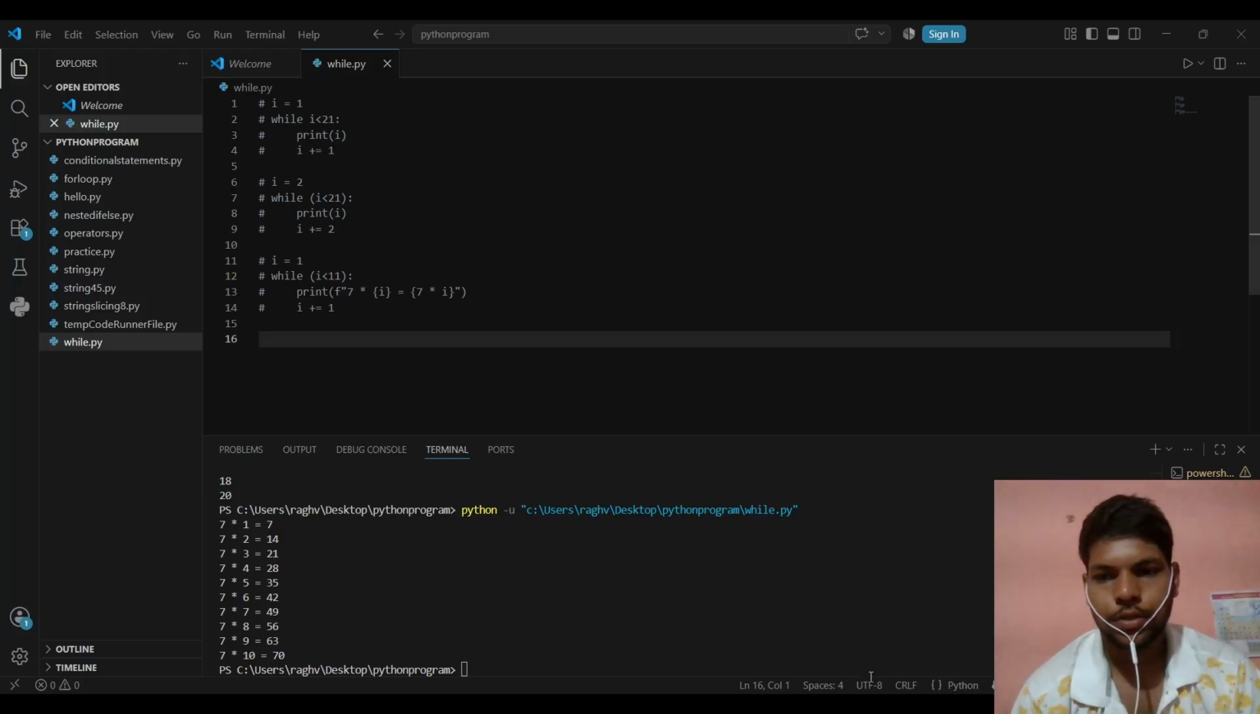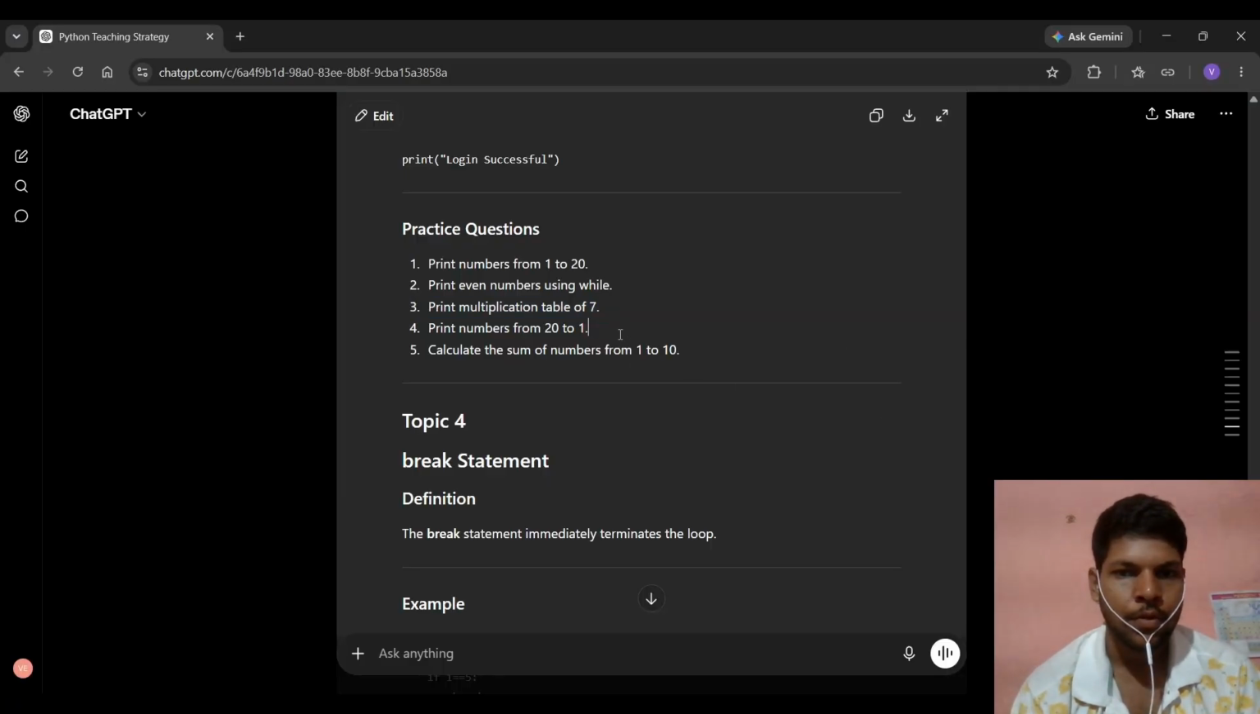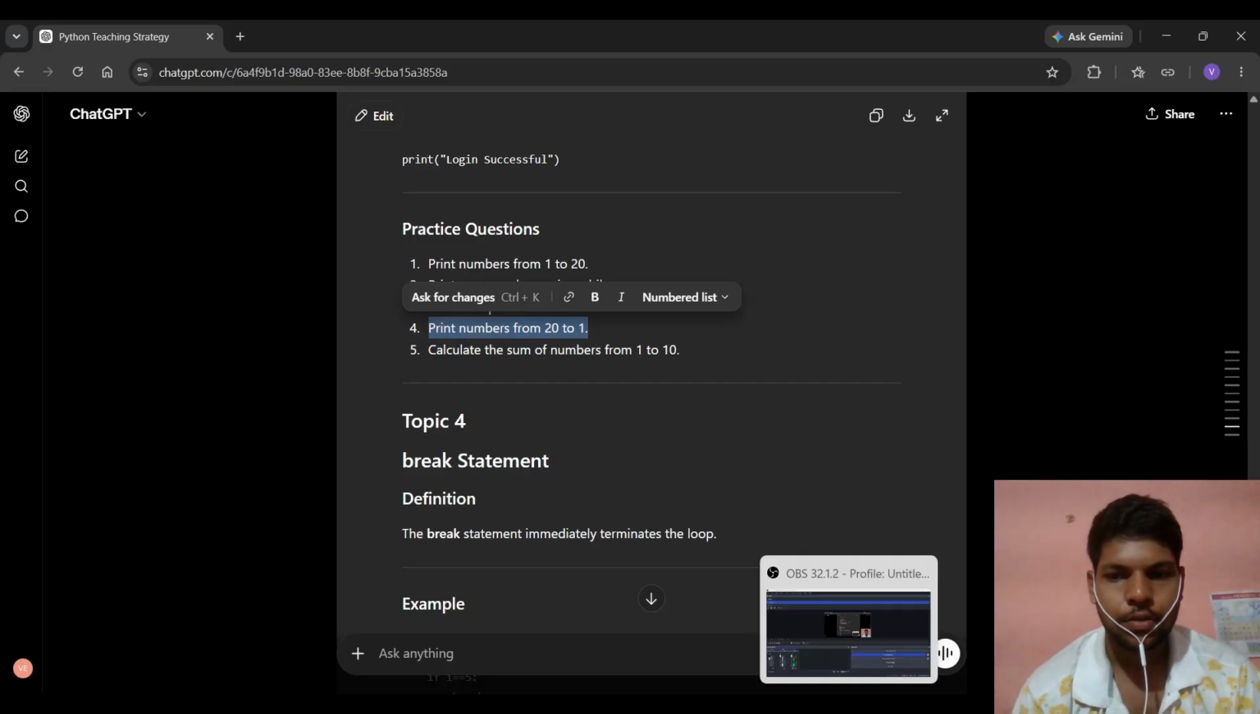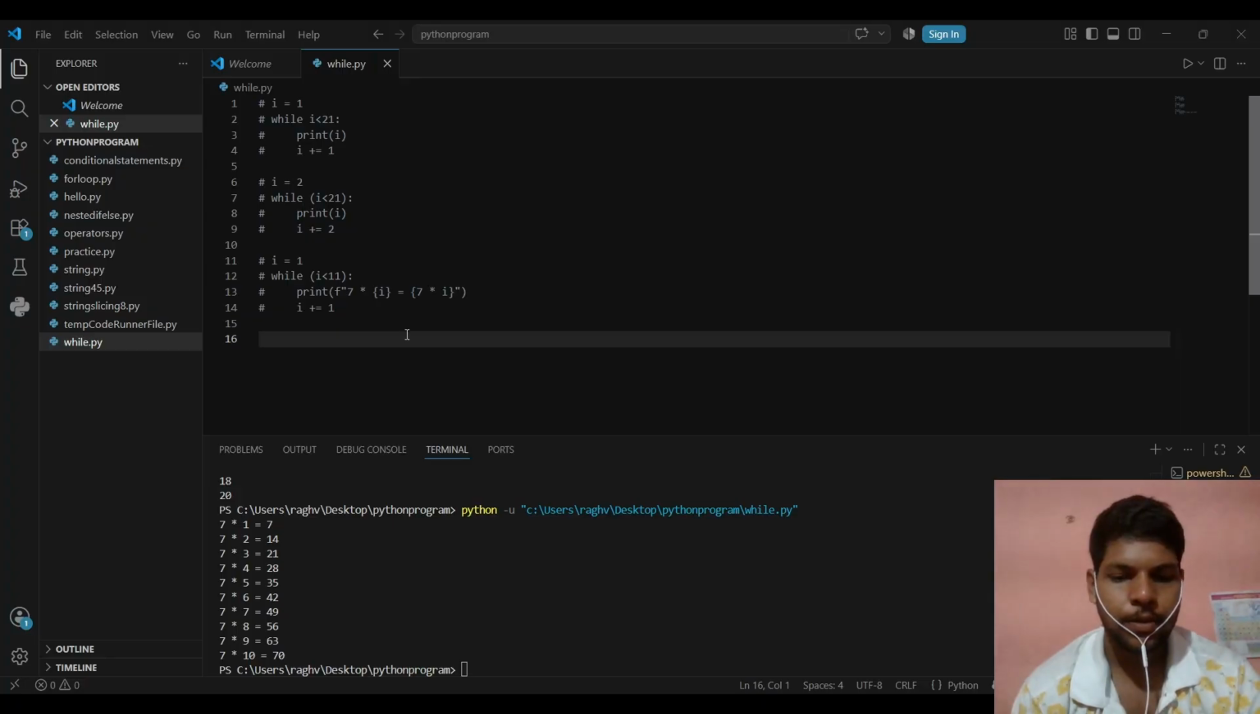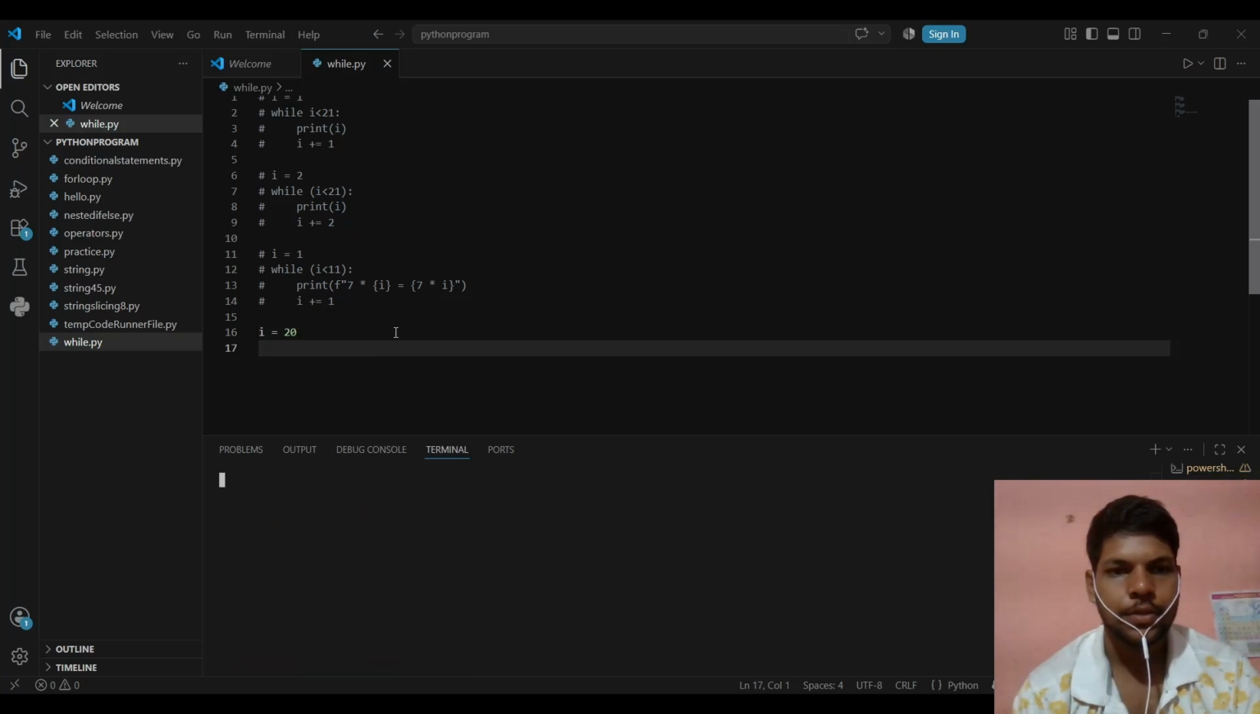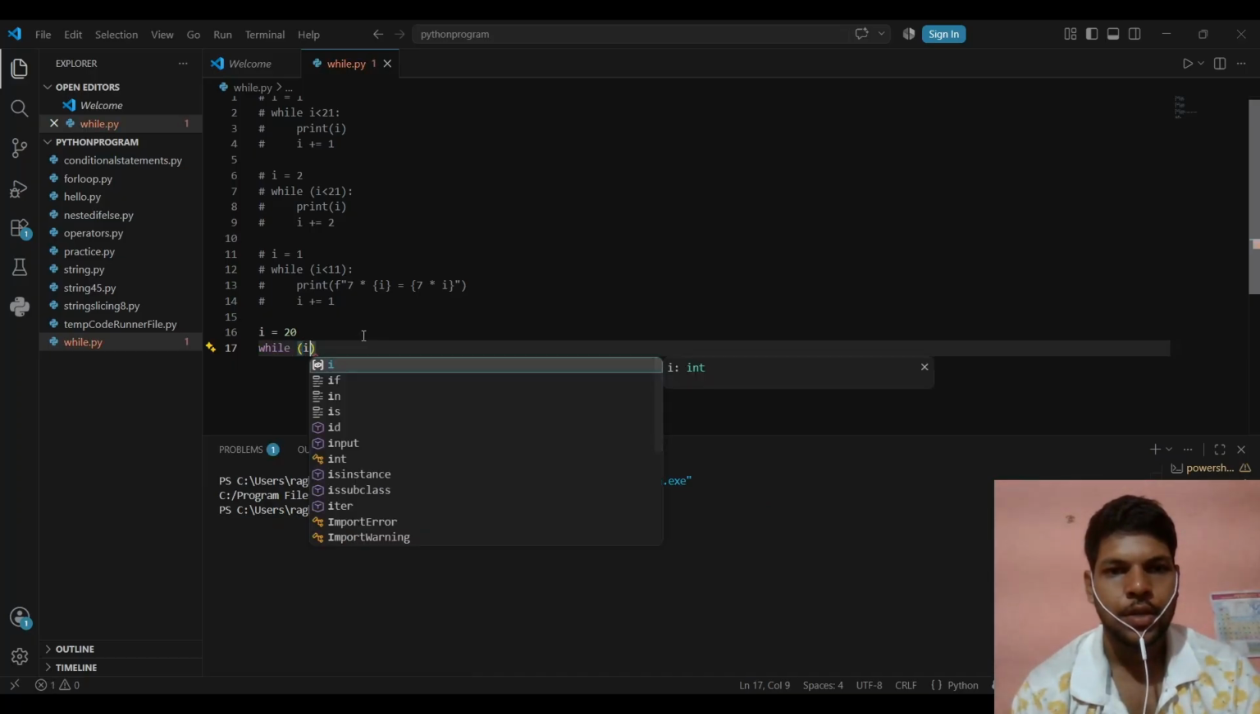Let's see the fourth question. The fourth question is print numbers from 20 to 1 in reverse order. So what we will do, I will initialize i with 20 and then while i is greater than 0,